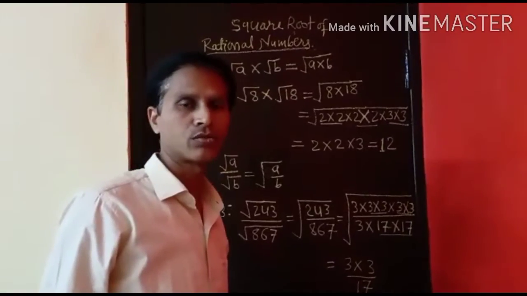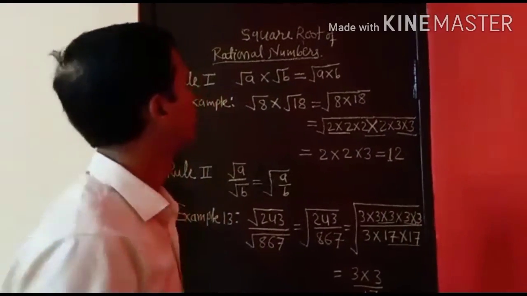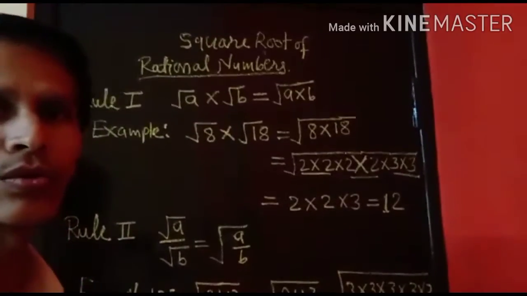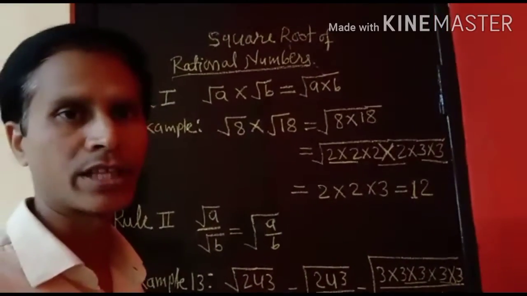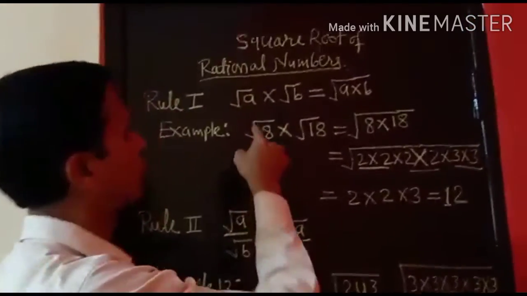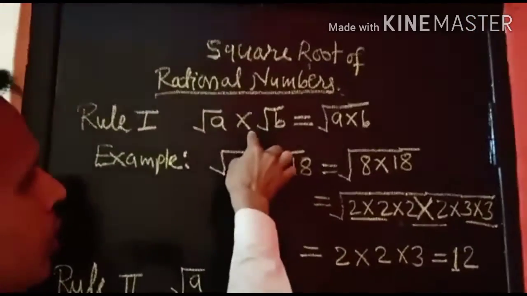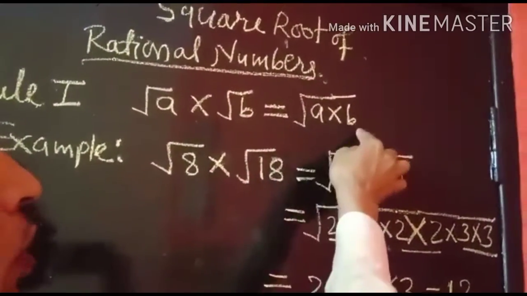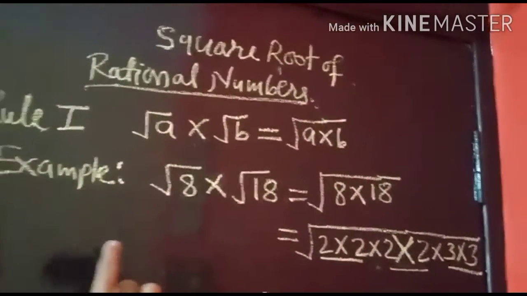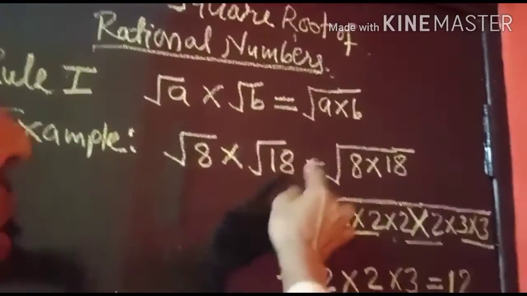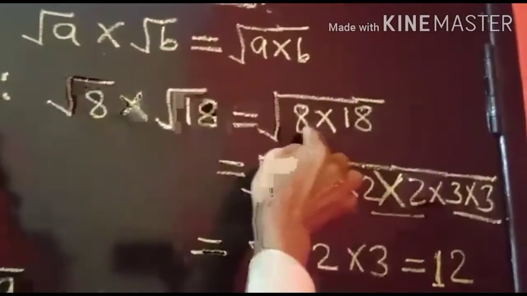Good evening dear students. Today I am teaching you square root of rational numbers. For finding square root of rational numbers, I am explaining some properties. Rule 1 is, it is given in your textbook also, square root of a multiplied by square root of b can be solved by square root of their product directly. For example, square root of 8 into square root of 18 can be solved as square root of 8 multiplied